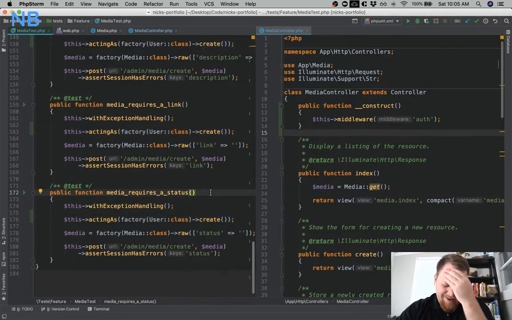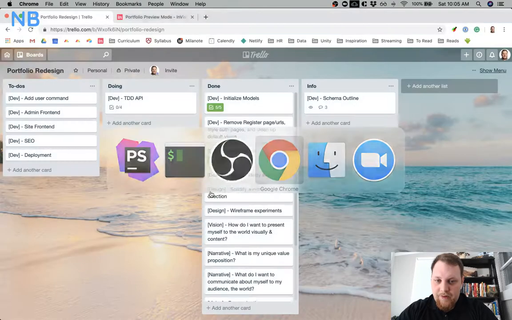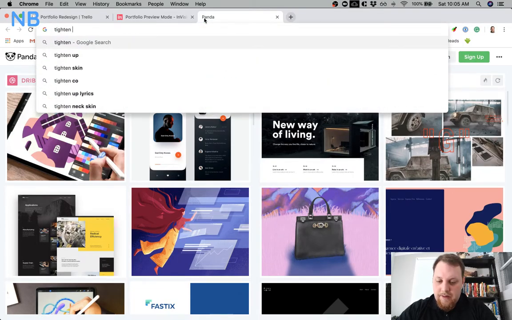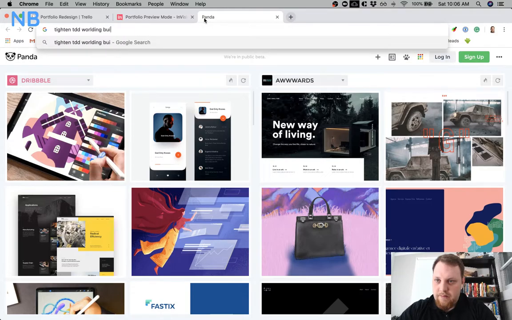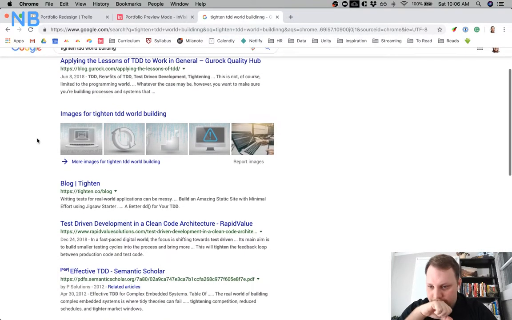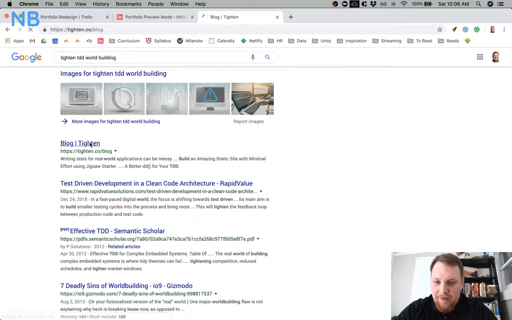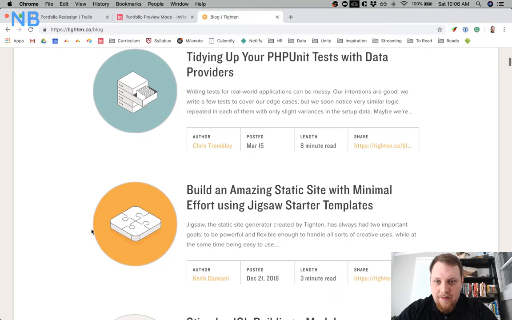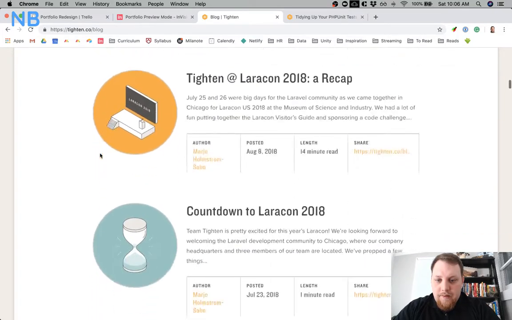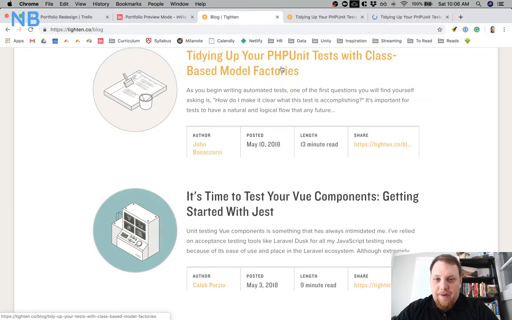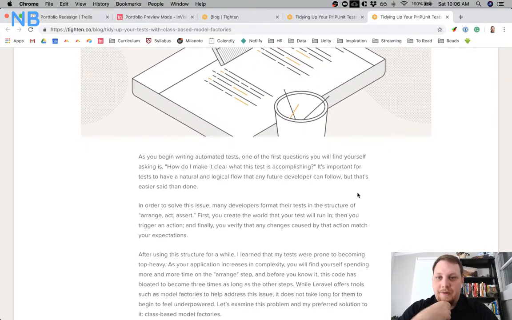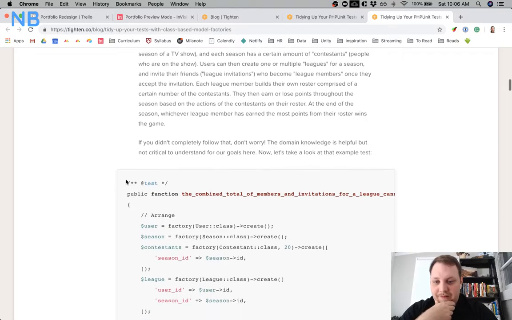And there's a good article, I forget his name, I think it's a him, one of the devs over at Titan, on TDD world building, not worlding, but world building. They wrote a really good article on the Titan blog. I think it's the class-based model factories article. John wrote this really great article on how to set up these kinds of model factories and build this world for you,